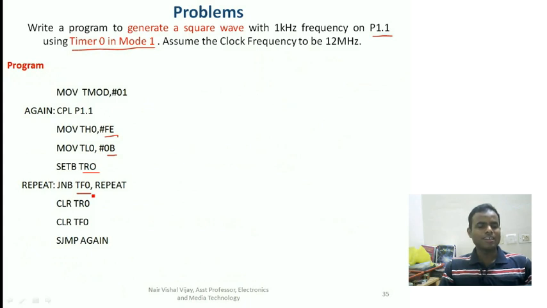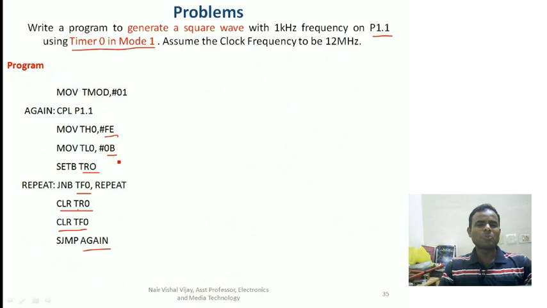So once this is set, it will quit this line and come to the next line where I have to stop my timer by using the statement clear TR0, and then reset the TF0 bit by clearing it. Once that is done, the square wave has to be repeated by the low pulse. So I will again go to the complement statement where I invert the value, from the maximum value to the minimum value, and then again I'll do this program once again. This will be an infinite program generating a continuous square wave.